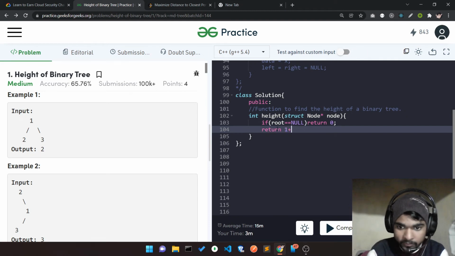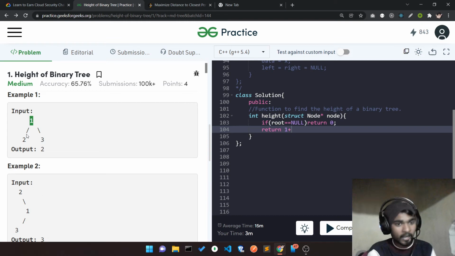So what I actually want to say is, I add my root value, which indicates my actual position. It represents my root, and I call the height function here with recursion. Hey recursion, let's go and find out the height of this left subtree. And in a similar fashion, I call it on the right subtree and say, hey recursion, do my job, find out the height of the right subtree. Recursion does that. After that, I simply add one level, and I'm done. That's my height of the tree.